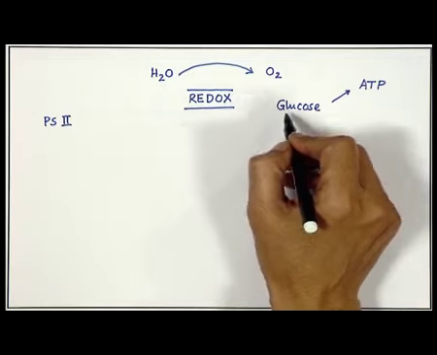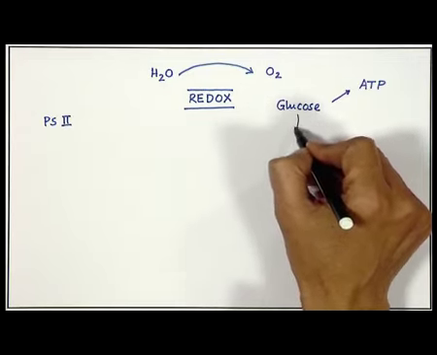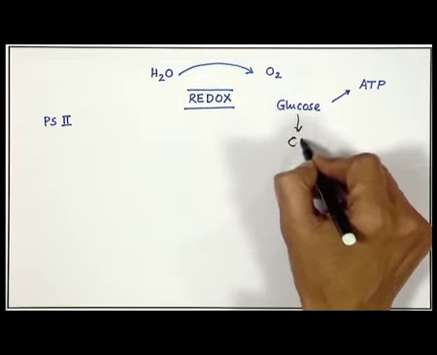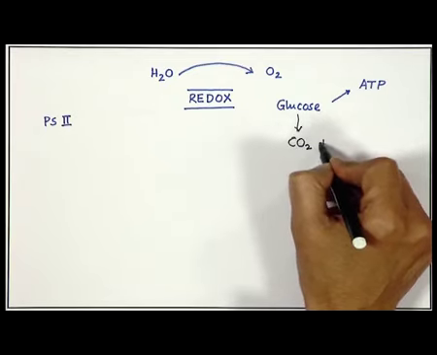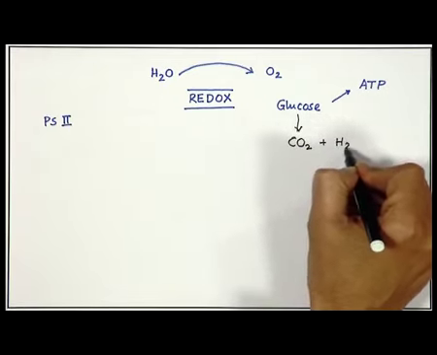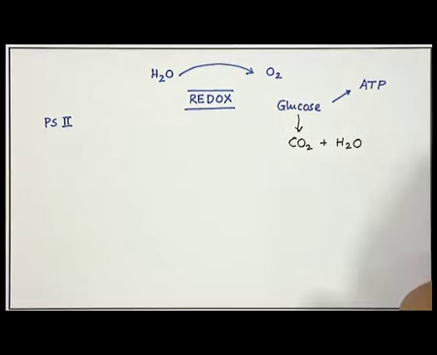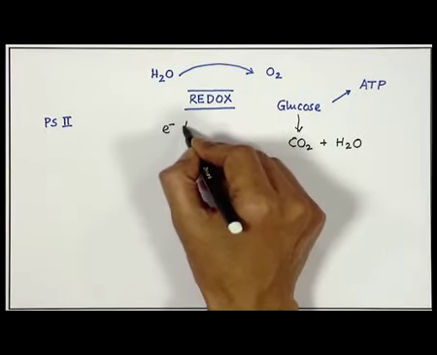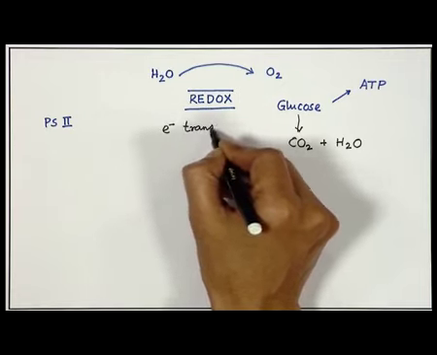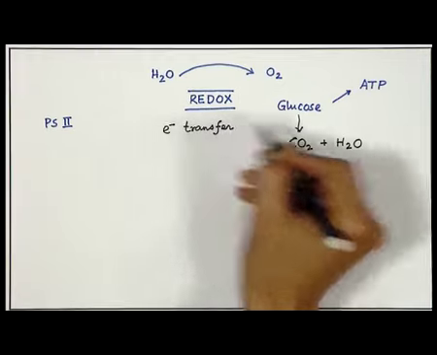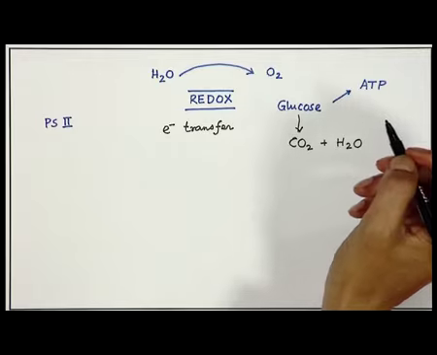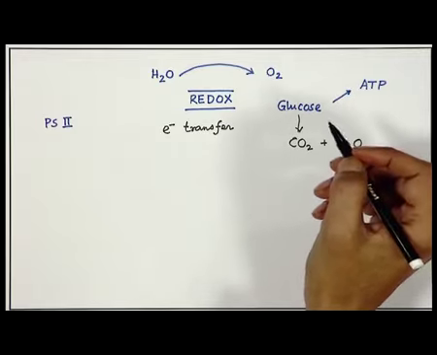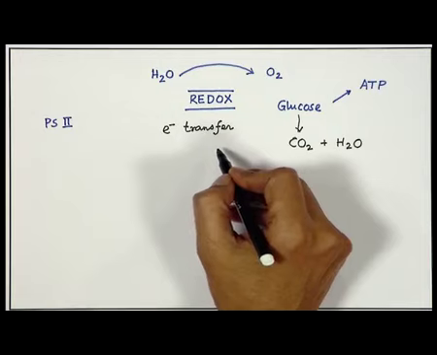So, when the glucose oxidation is taking place for the production of carbon dioxide and water, we all know, these two reactions are very much interrelated in terms of electron transfer. These electron transfer reactions are that is why so important, and we should always know how this electron transfer is